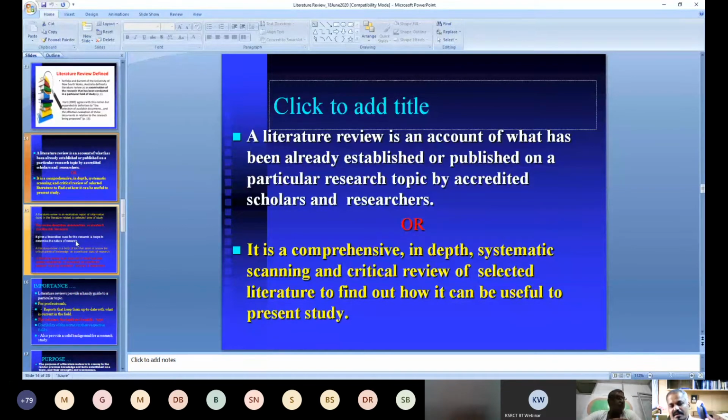So in addition to comprehensive, in-depth, systematic scanning, one should also critically review the selected literature to find out how it can be useful to my area of research. If you want to choose any of these areas of research, it is the utmost duty of a researcher